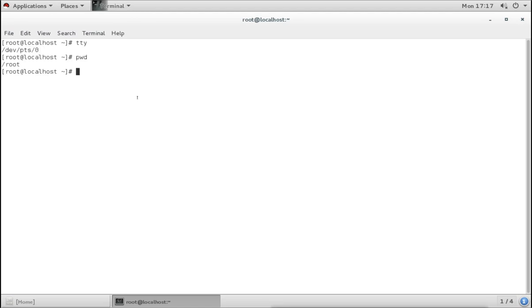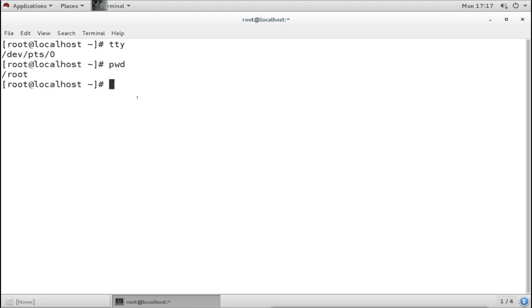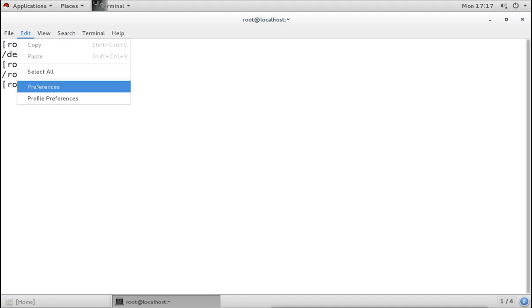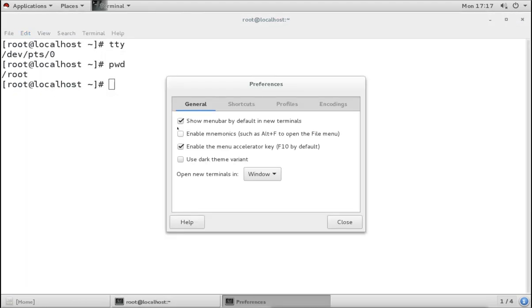Now these things are not available on the tty terminal, that terminal which is command line. This is the pseudo terminal, so we can do that. We can increase the fonts, we can zoom, so that we can see easily. Then also we can go to edit, and we can go to the preferences, or the profile preferences. In the preferences, you can edit multiple things here.